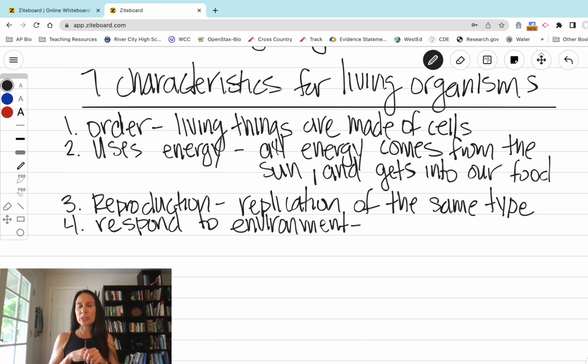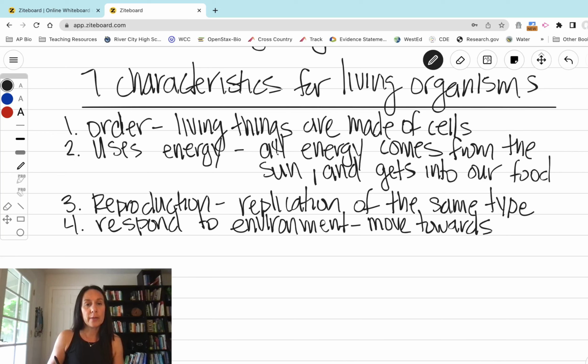Even though plants and trees look like they're just stuck, which they kind of are because their roots are in a certain spot, they do respond to their environment, okay? And so what this means is that they are going to respond positively to things that are helpful, like food or mating, and they're going to respond negatively, or run from anything that is going to cause them harm, like a predator. Okay, so it will move towards